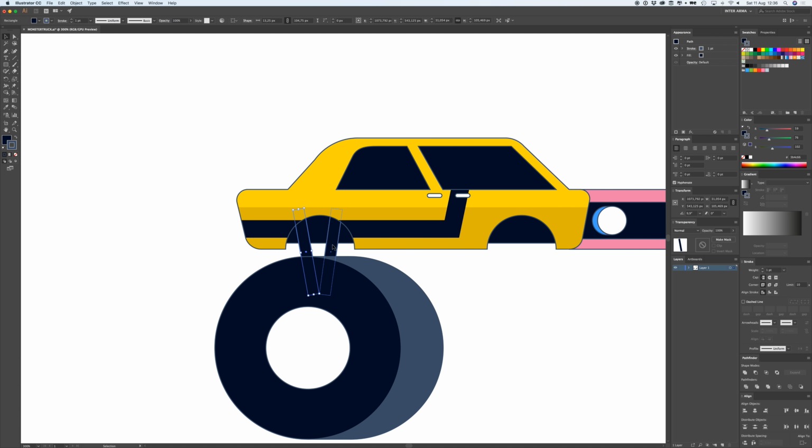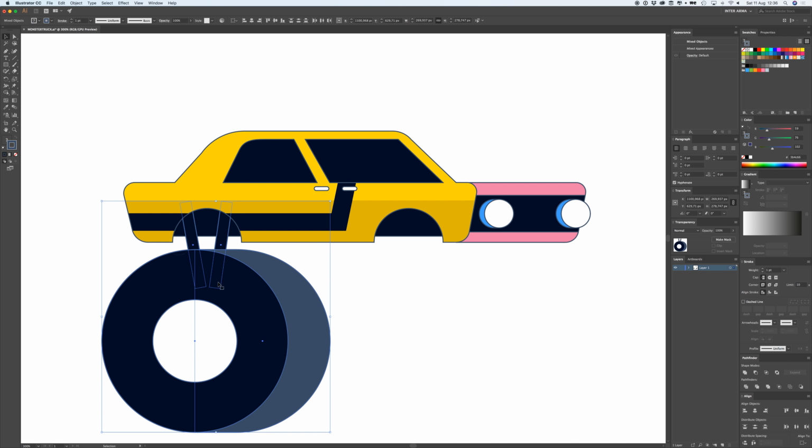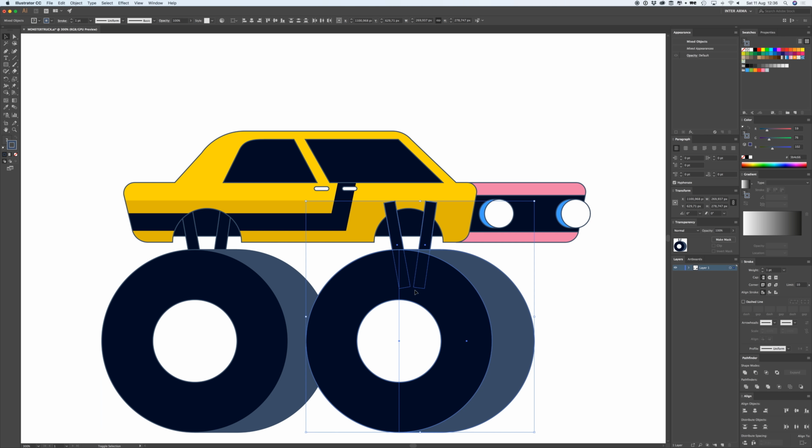So we have something connecting these wheels to the actual car, and we're going to select both of them, copy them, paste them over here, and then these ones need to be Command X. Select this one, Command F. Okay,